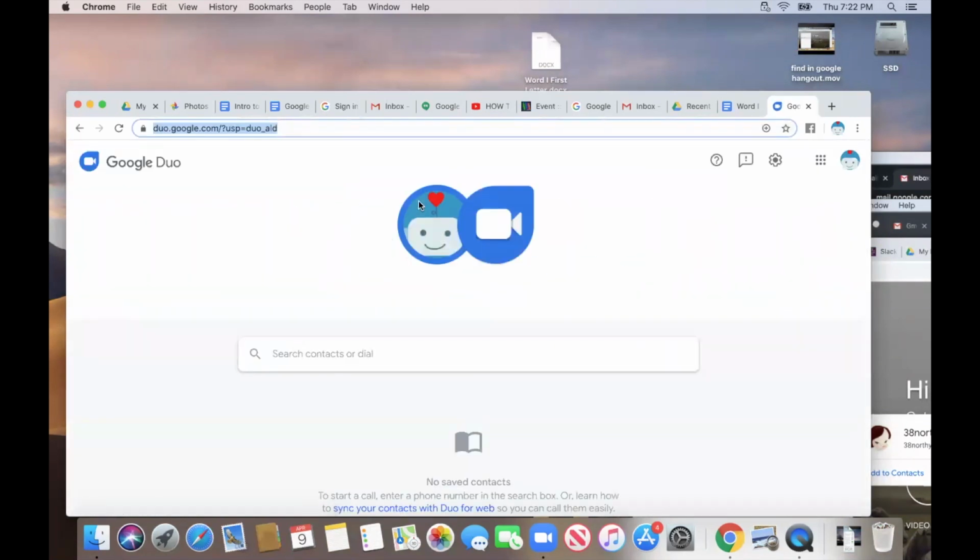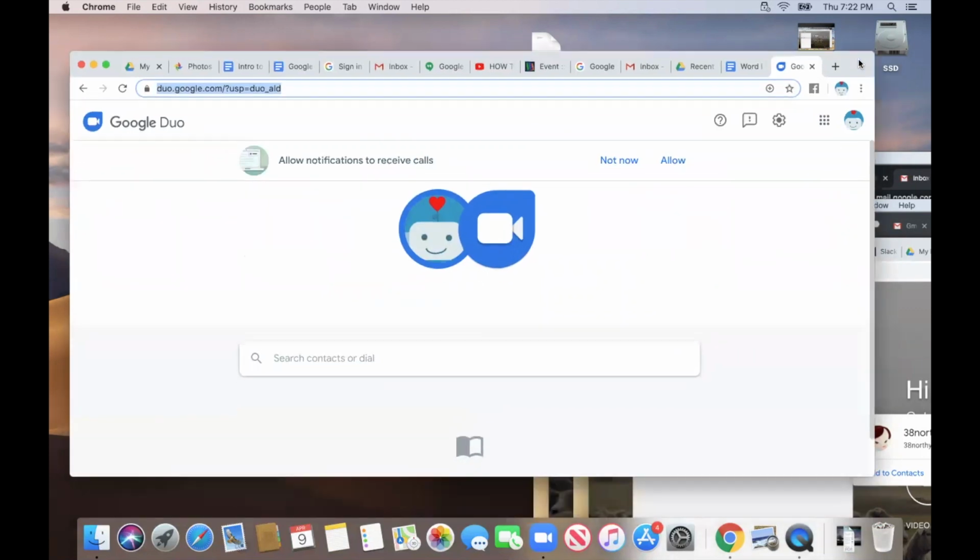You can talk to people who are on Gmail or not on Gmail. You put your number here. You can look for your contacts. So I don't have any contacts here, but if you have contacts, like people you email a lot,